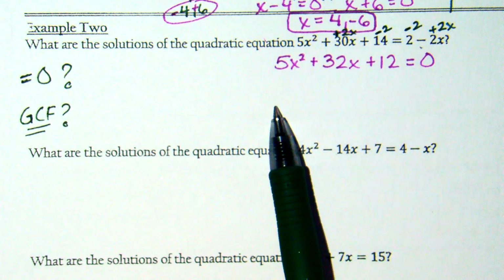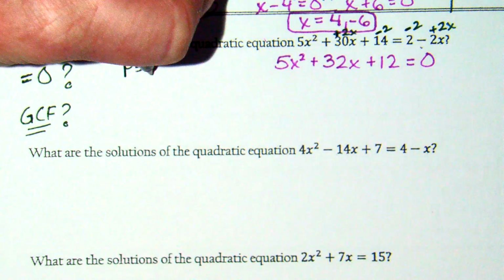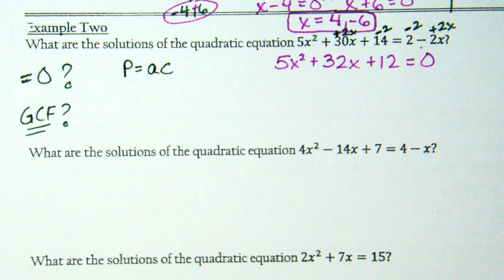If it was just a 1x squared, then yes, we could go ahead and put it into parentheses and just do product and sum. But when there's an a value, in other words, when there's a number in front of x squared, we have to use product of what? Product of AC. Does that sound familiar? I just taught that Thursday, Friday last week. So product of AC, meaning